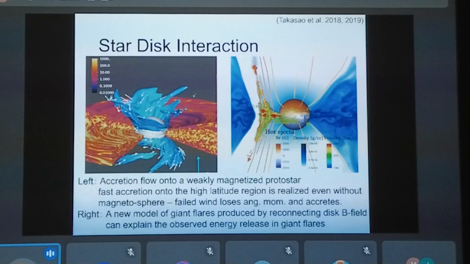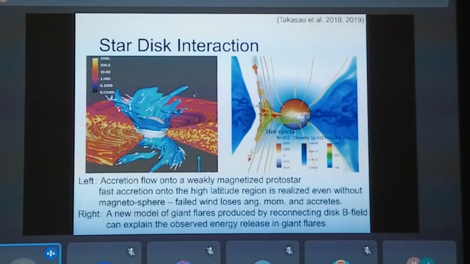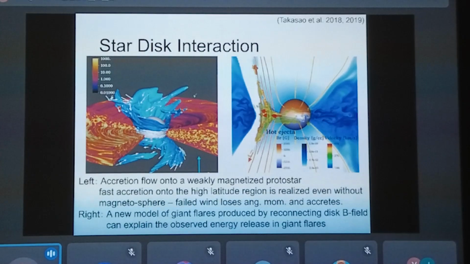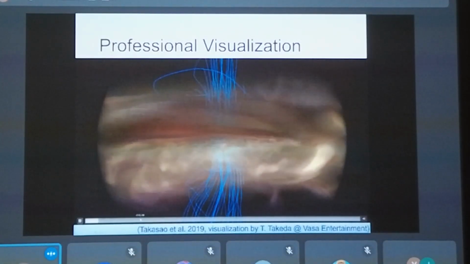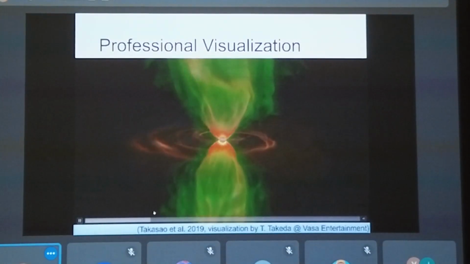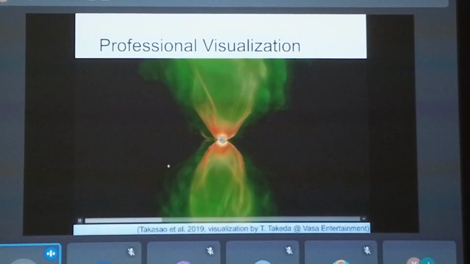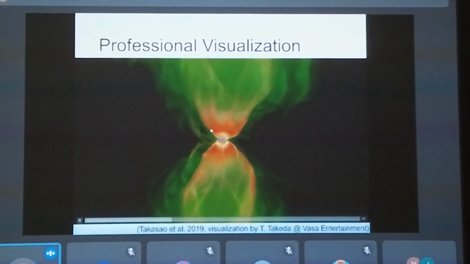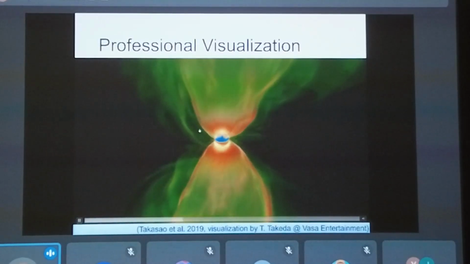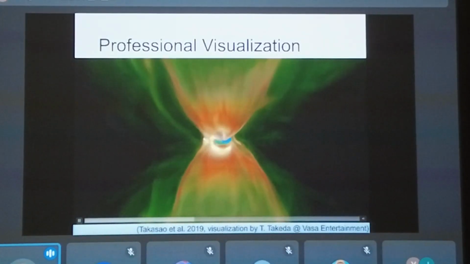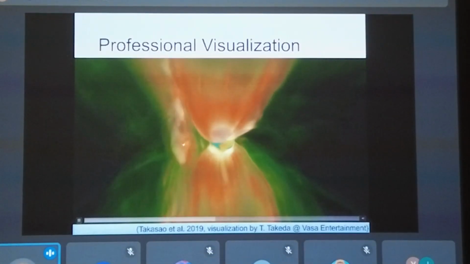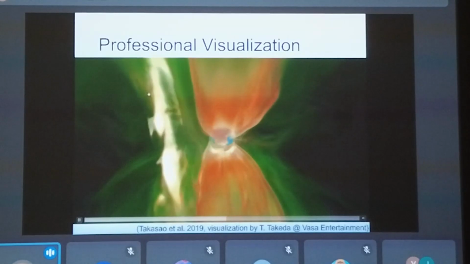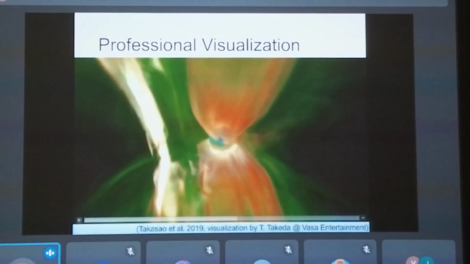Such a flare can explain the giant flares observed in X-rays. This is a movie showing the high temperature. This volume rendering shows the temperature, and here the reconnection occurs, a high energy outburst occurs, and it ejects these hot plasmas partially.